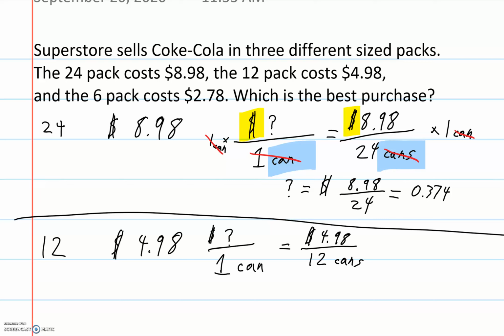So again, multiplying by 1 does nothing. So we end up with just realizing that whatever this divides out to be is going to be our answer. So divide by 12, just plugging into my calculator,